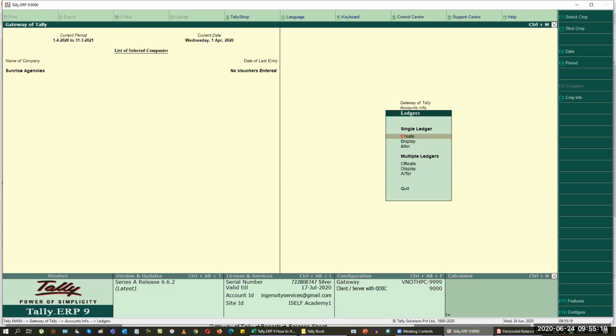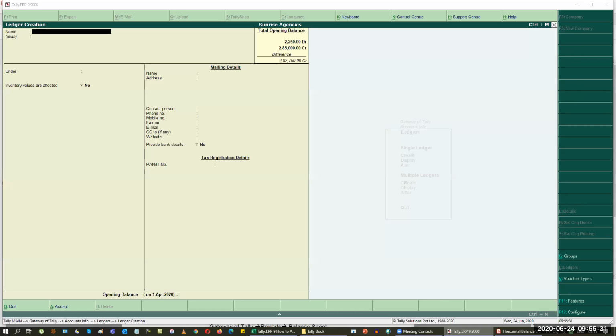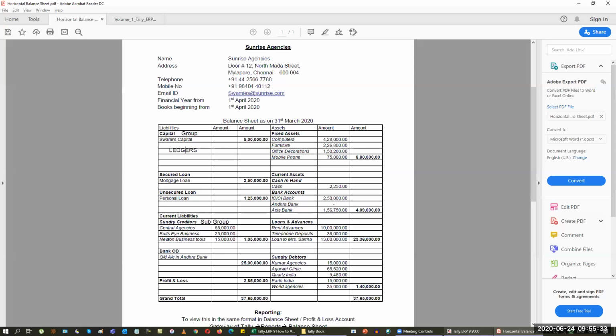So when I come to the advanced bookkeeping series, I'll try to use the other component and show how to do it the other way around. Now we will go in a legitimate way. We learn things as simple as possible. So I'm going to use a single ledger creation, and I'm going to start creating my ledgers. When I go down to ledger creation, I'm going to feed each and every ledger right now.